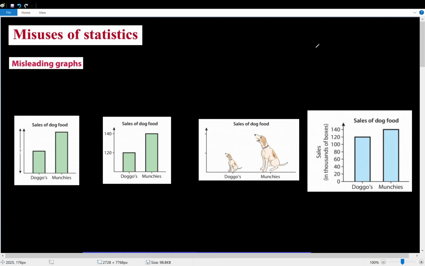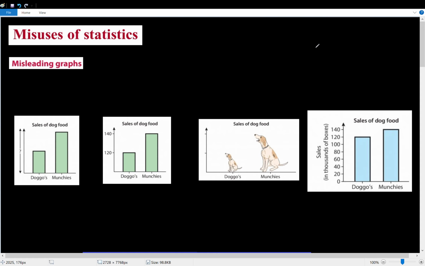In this video, we're going to talk very briefly about misuses of statistics and specifically misleading graphs. So the way that data is often presented to us is absolutely fine. Most statistics presented to us by official sources are usually done quite well. But there are occasionally statistics put out there for consumption by the public that in some way attempt to make the data look better than it does, or to adjust it in such a way that it can